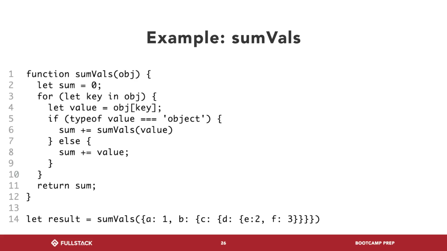So now, no matter how many levels of nesting we have here, it doesn't matter, because at each level, we're going to say if we need to make another call, another kind of object parser, we'll just do it, right? If we need to call sumVals again, we'll just do it over and over and over again until we get to a point in which no values are objects anymore, because we've dug deep enough to process all of them.